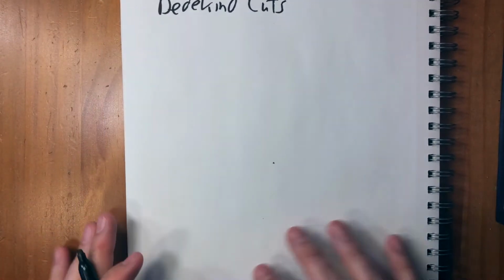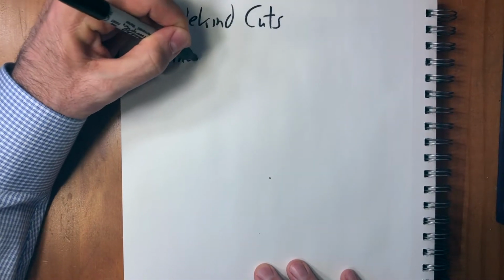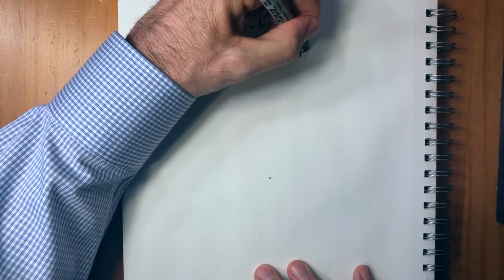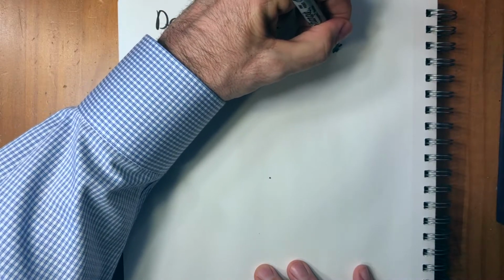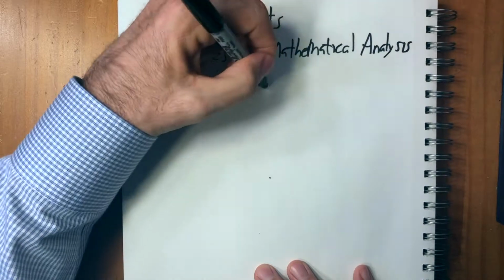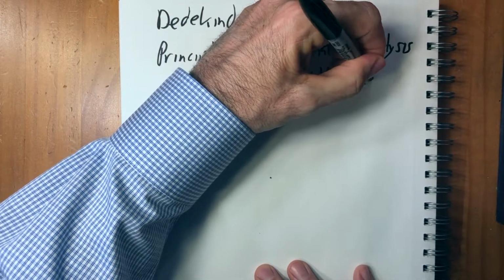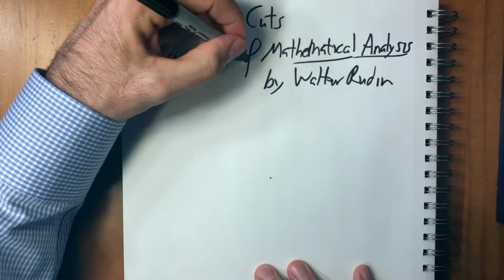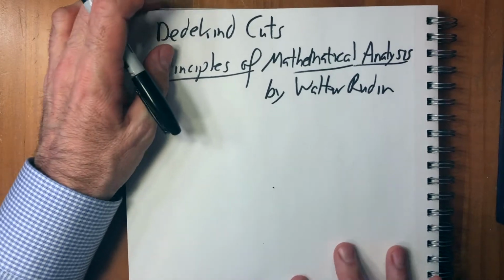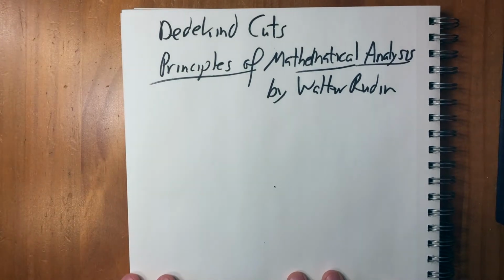And there's a canonical book called Principles of Mathematical Analysis by Walter Rudin. This is the famous example where he creates the real numbers using the Dedekind